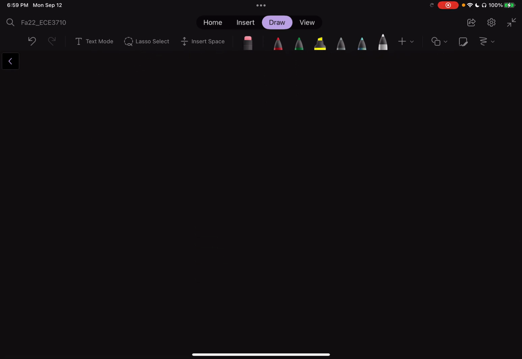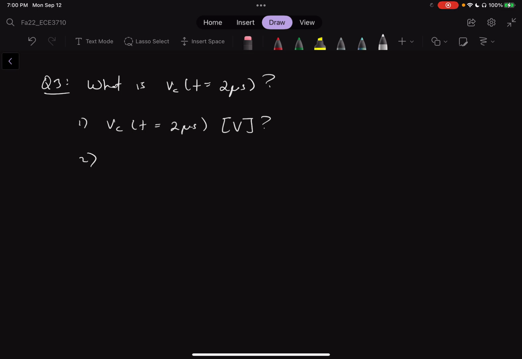Then the last question is, what is Vc at t equal to 2 microseconds? Okay. We're looking for the voltage of the capacitor at t equal to 2 microseconds in units of volts. How do we do that? Vc of t equal to 2 microseconds